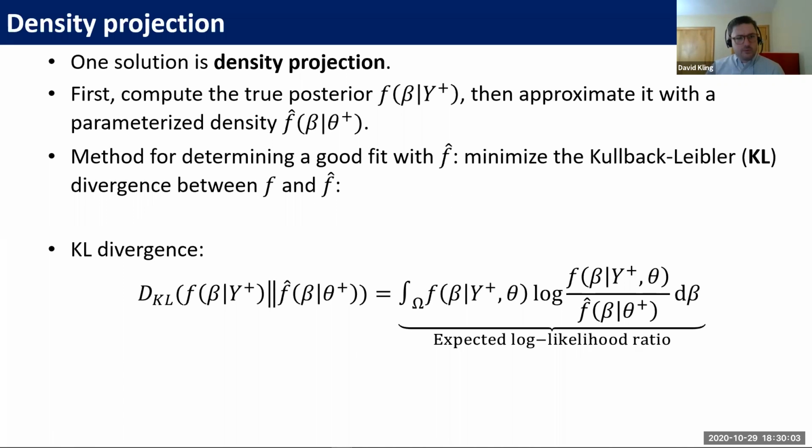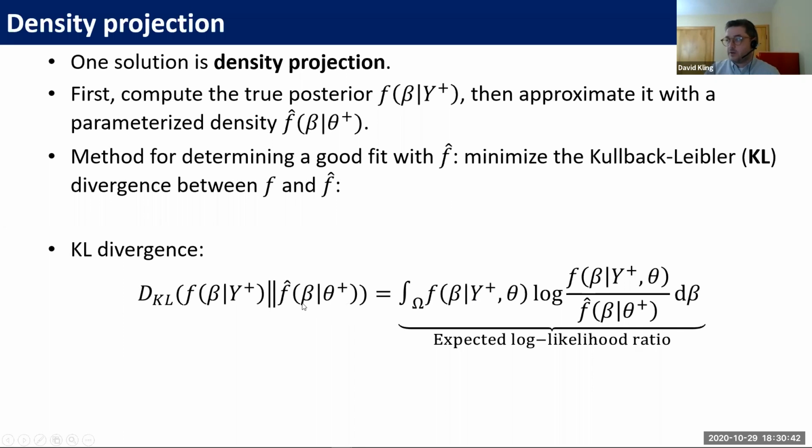And so the method we're going to use to determine the goodness of the fit and in fact find a good approximation is what's known as Kullback. We're going to minimize what's known as the Kullback-Leibler divergence between the true posterior and your approximation. And that takes the following form, the divergence, and it's going to be the expected log likelihood ratio that we're trying to minimize here. We're taking the expectation with respect to the